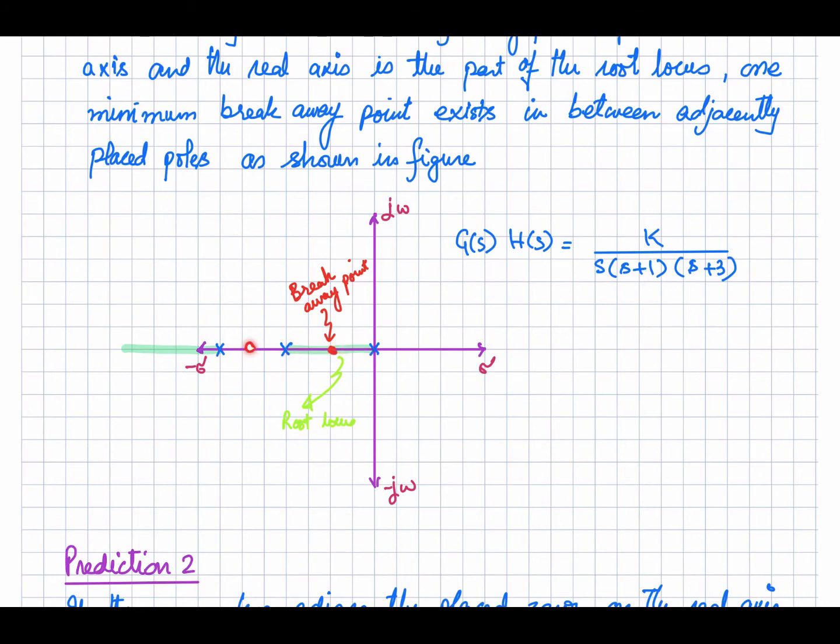And if I take a test point over here, there are two poles, so this is not part of the root locus. And if I take a test point over here, there are three poles, so it is part of the root locus. So whenever you have two poles and the real axis in between is part of the root locus, there will definitely be a breakaway point in between. These poles will move like that, and then they will break away, right? And they will move towards the zeros, maybe the finite zeros, or maybe a zero sitting somewhere at infinity.